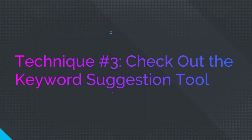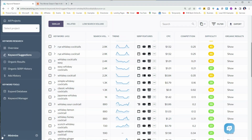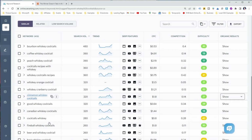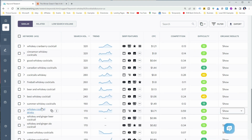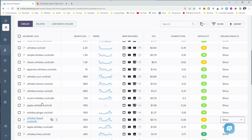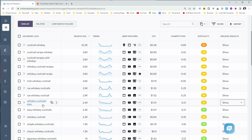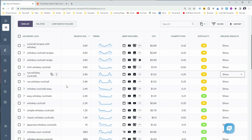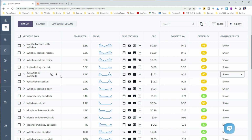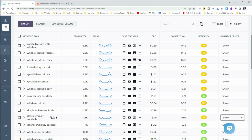The next best place where you should look for related topic and subtopic ideas for your primary keywords, as well as to find different keyword variants of your primary keyword, is by checking the keyword suggestion tool. This will help you get more ideas on how you can write your primary keyword in different ways to avoid keyword stuffing and improve ranking for these keywords as well, which could help you get more organic traffic and search visibility. For example, the keywords rye whiskey cocktails, easy whiskey cocktails, or classic whiskey cocktails are all great subcategories